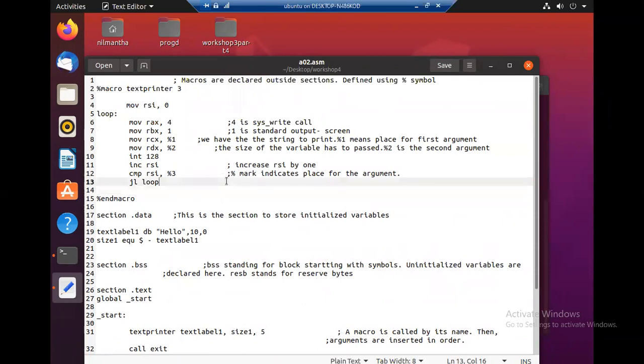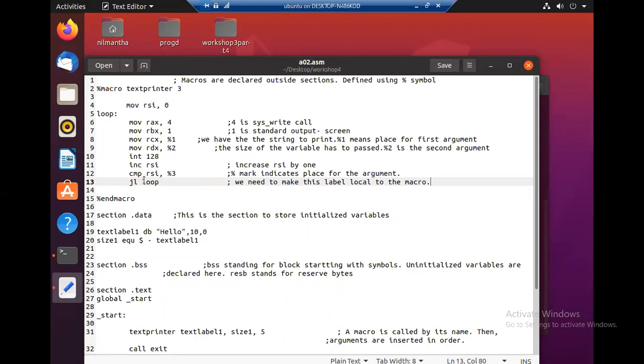So what we need to do is make this label local to the macro. What do you mean by local? Local means this loop variable must exist only inside this macro.